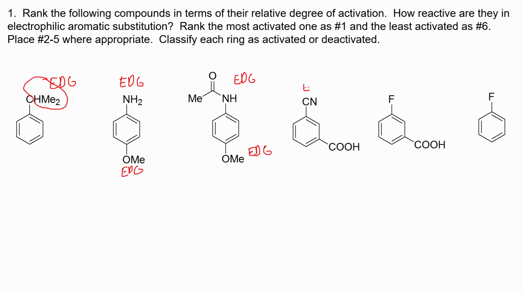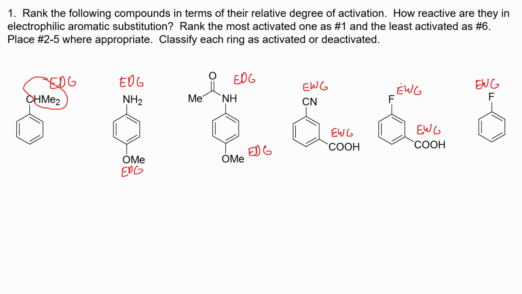Here we have an electron withdrawing group, 2 electron withdrawing groups, 2 electron withdrawing groups, and a single electron withdrawing group. Okay, so we know that one of these 2 right here, either this one or this one,